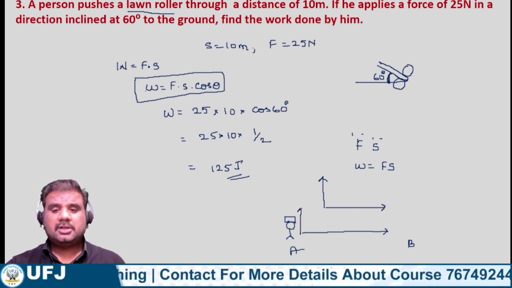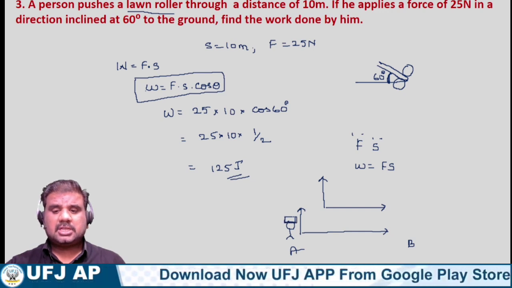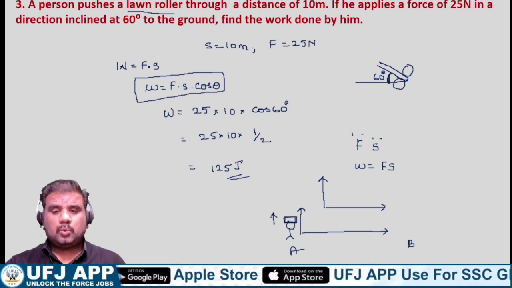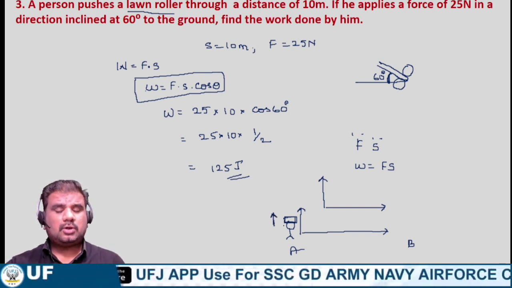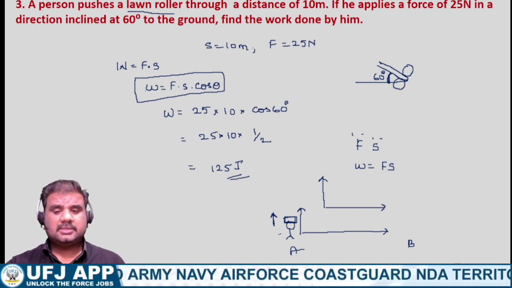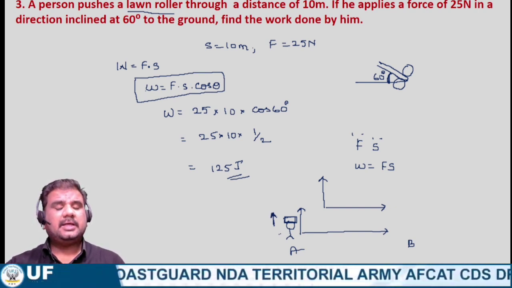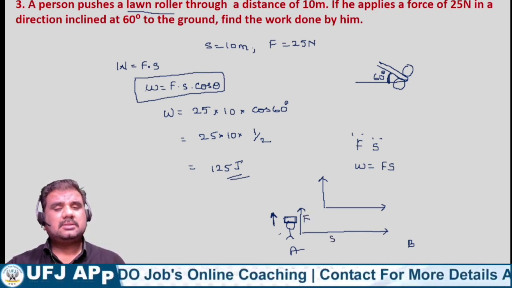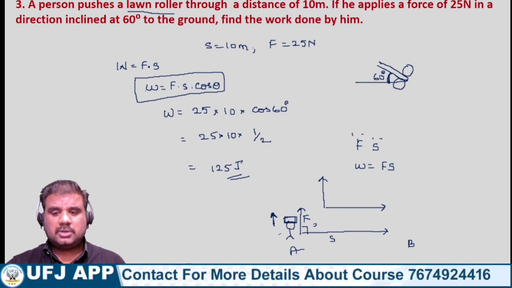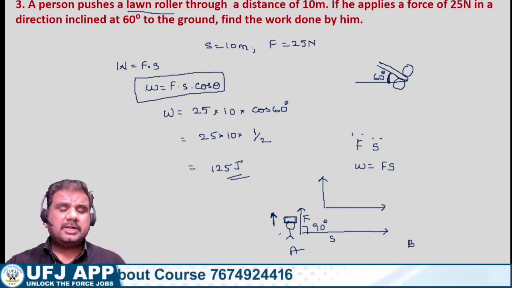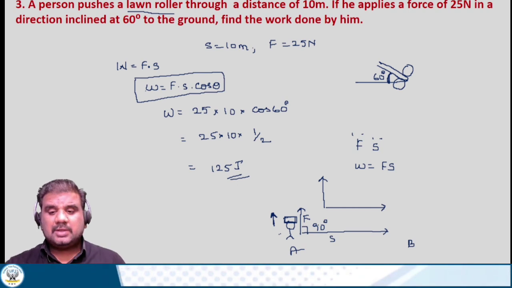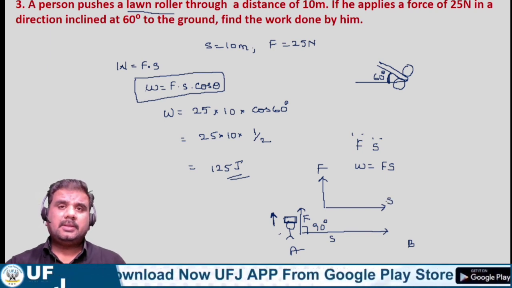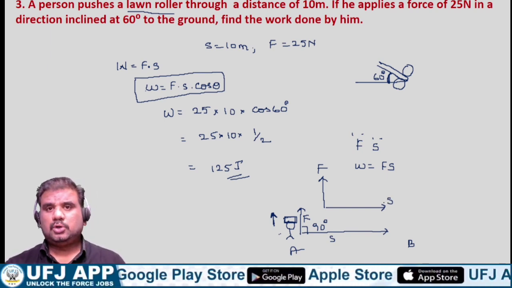Why upward direction? The object which is on your head should not fall down, so definitely you need to apply force in the upward direction. When you don't want the object on your head to fall onto the ground, then in that particular case, definitely you need to apply force in the upward direction. So here force is like this, the displacement is like this. It means the angle between them equals how much? 90 degrees. Cos 90 is how much? 0. So whenever you are applying force in the upward direction and you are moving in the horizontal direction, then in that particular case, work done is equal to 0.